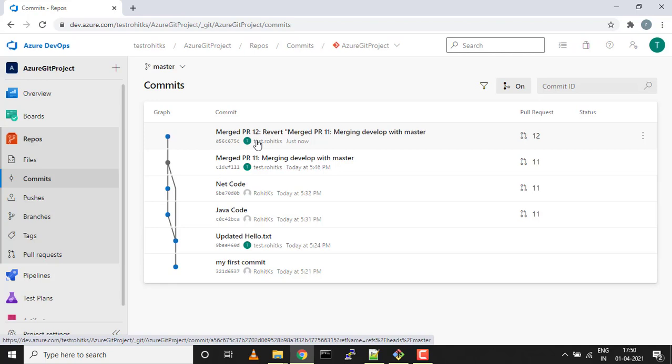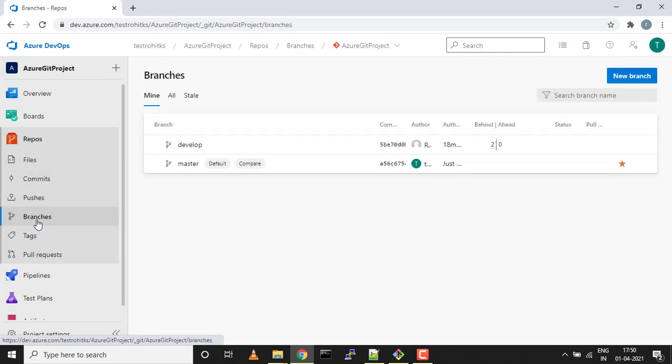Out of 100, I would roughly say 10 or 20 development work items will be moved to production. At that time this pull request will not work, because if you do a pull, everything will get pulled from develop to master, which is something we don't want. So at that time cherry pick comes into the picture, wherein we can cherry pick from develop to master. Let's go into the develop branch.